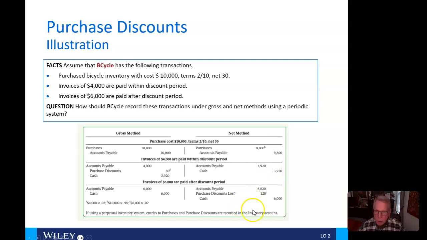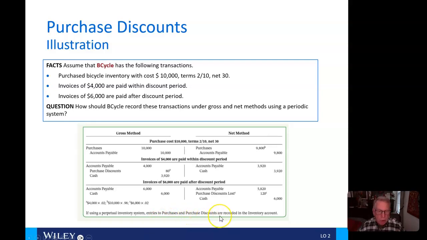However, when we don't take the discount, we need to make a little adjustment here, and that's to the purchase discounts lost. So again, we'll reduce accounts payable, but we're going to have purchase discounts lost, and our cash will go down by $6,000. And using a perpetual inventory system,